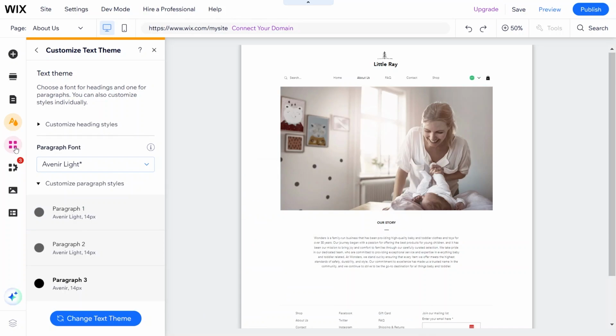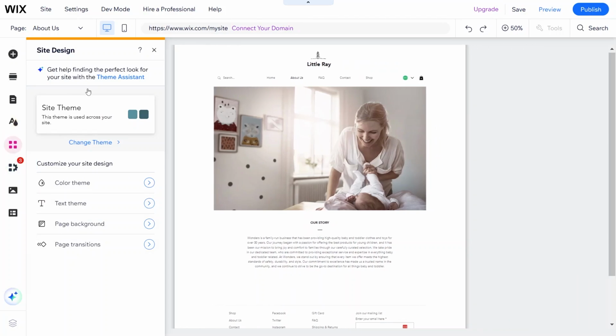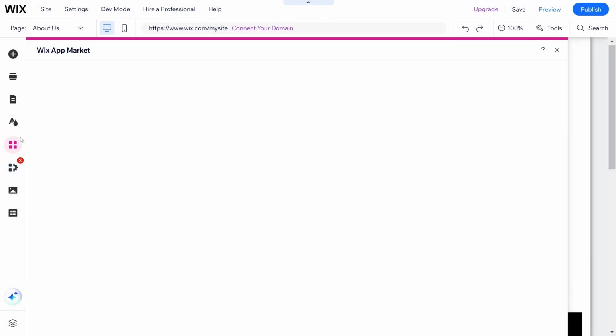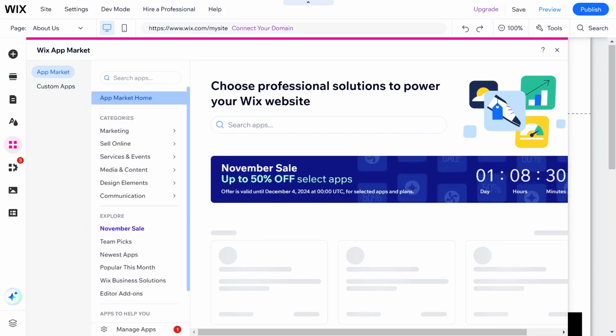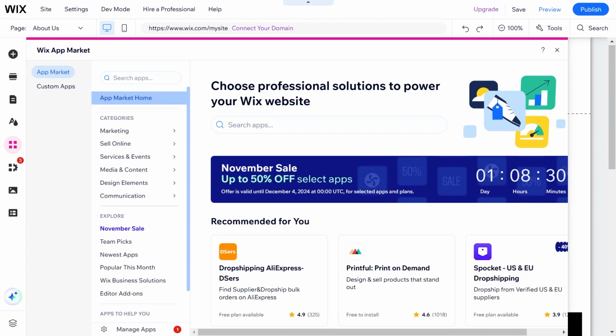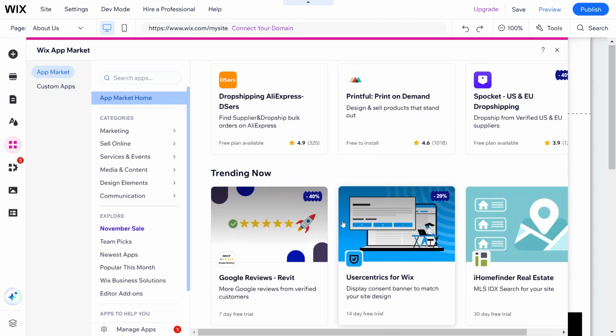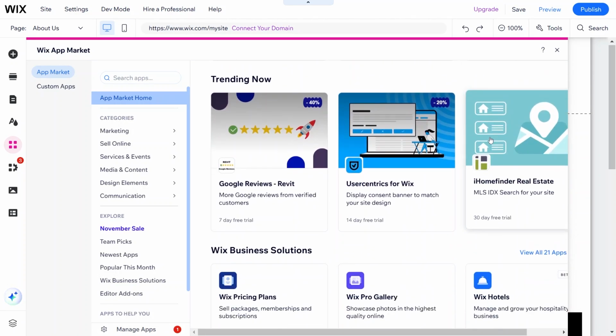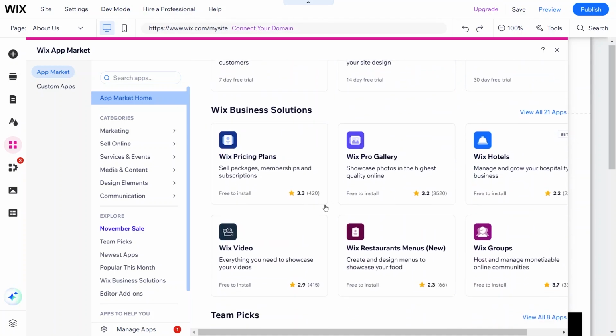Then you've got different things like, if we go back, the Wix app market. So the Wix app market just allows you to add different third-party almost plugins to increase the functionality of your website. So it already has Wix markets because we selected an e-commerce site, but you can add different kinds of third-party apps as well. So there's some drop shipping ones that are pretty good, analytics ones, and Wix also have their